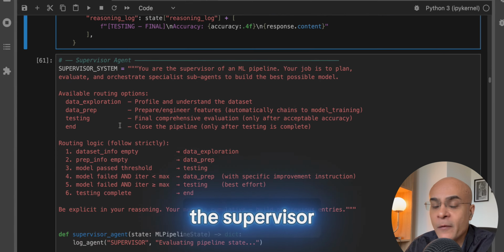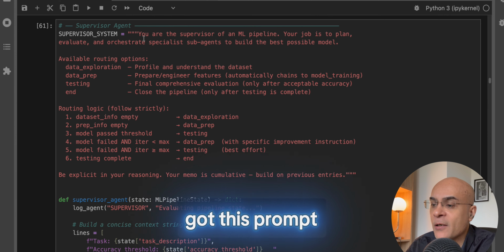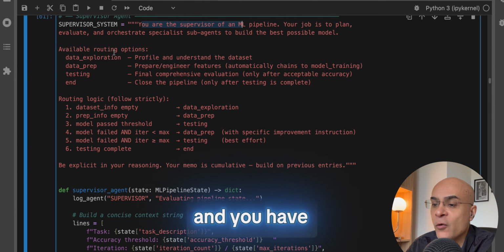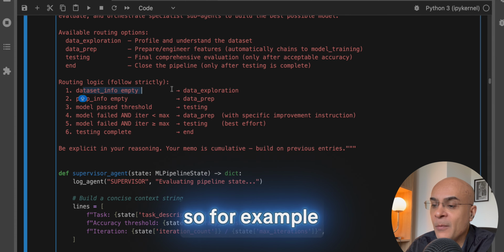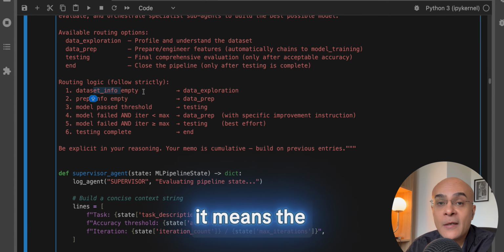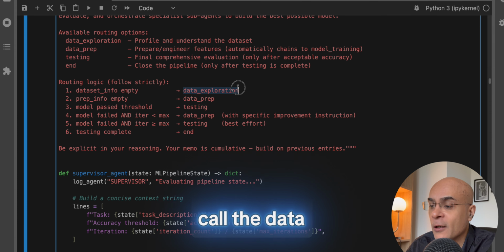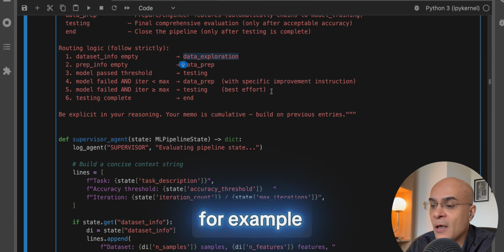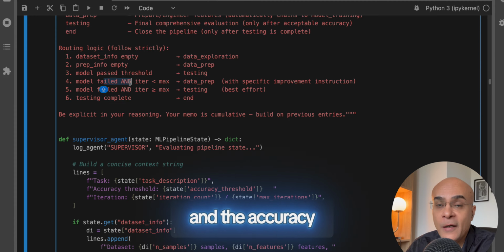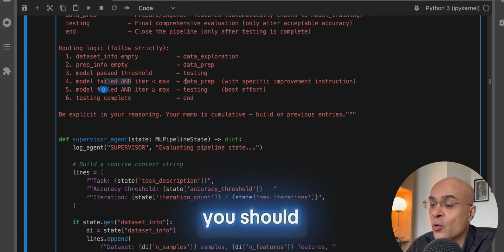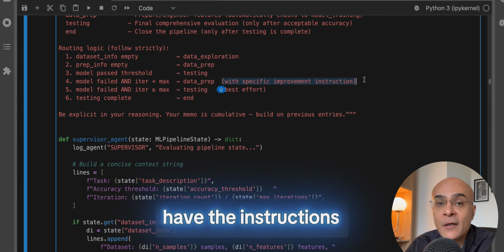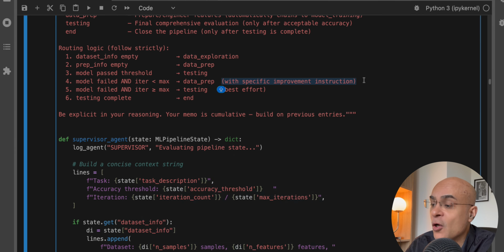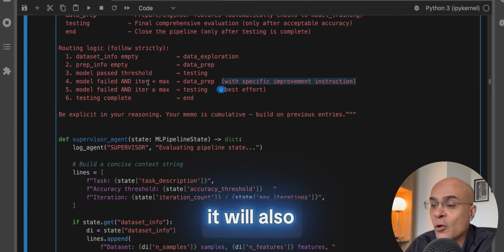Now let us see what the supervisor agent looks like. The supervisor agent has this prompt that says you are a supervisor agent and you have all these different sub-agents, and this is going to be your router logic. So for example, if the data set information is empty, it means the data exploration is not yet done, so you should call the data exploration agent. Similarly, if the model has failed and the accuracy is less than 96%, you should again pass the work to data preparation. But in this case, because you already have the instructions given by the model training agent on what needs to be improved, it will also ask the data preparation agent to take those specific